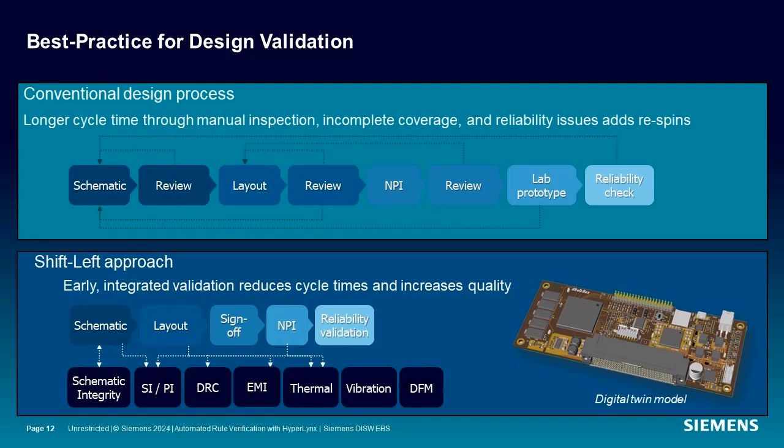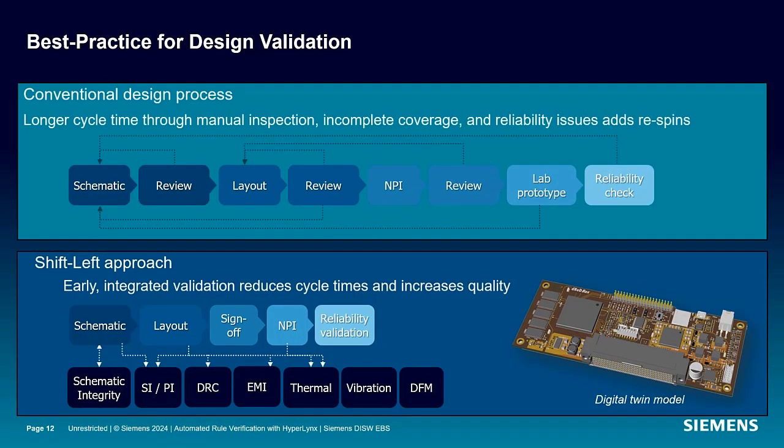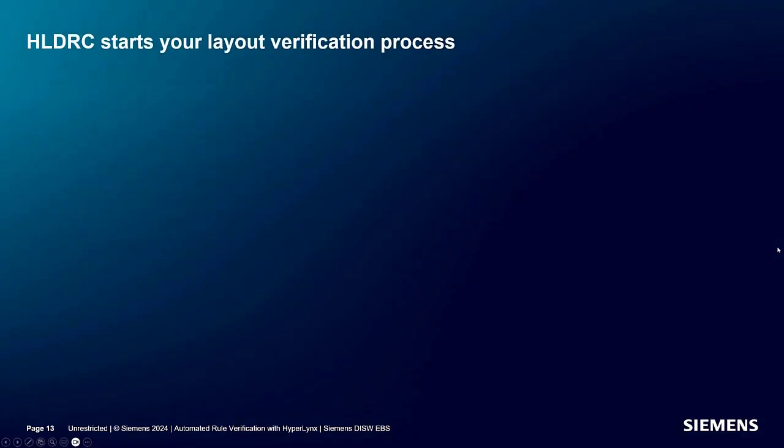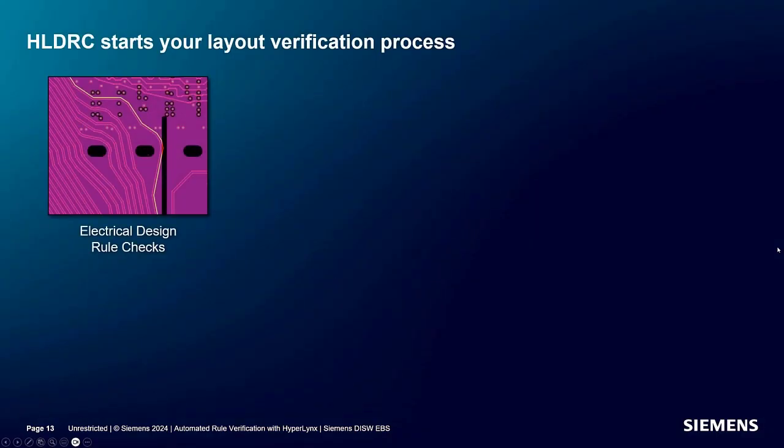The focus of today is automating the layout review stage, and we'll do so with electrical rule checks and HyperLynx DRC. I want to introduce the idea of progressive verification. Automate the tedious, run HyperLynx DRC first. In our methodology, we start by running electrical design rule checks during layout to look for common problems. This is where we will be spending time in our lab and learning this stage of electrical verification.